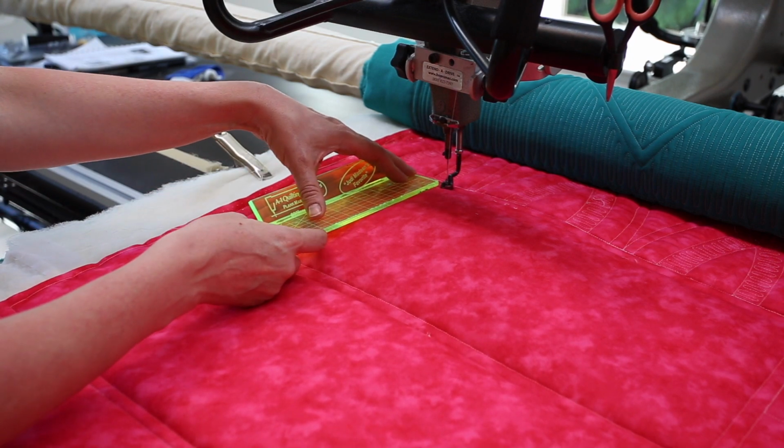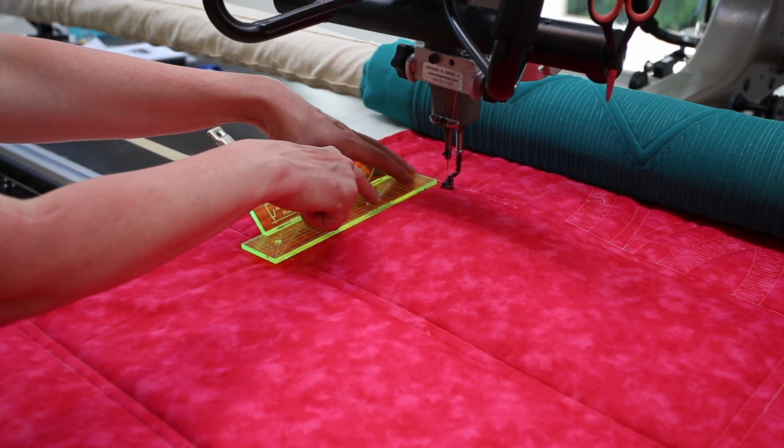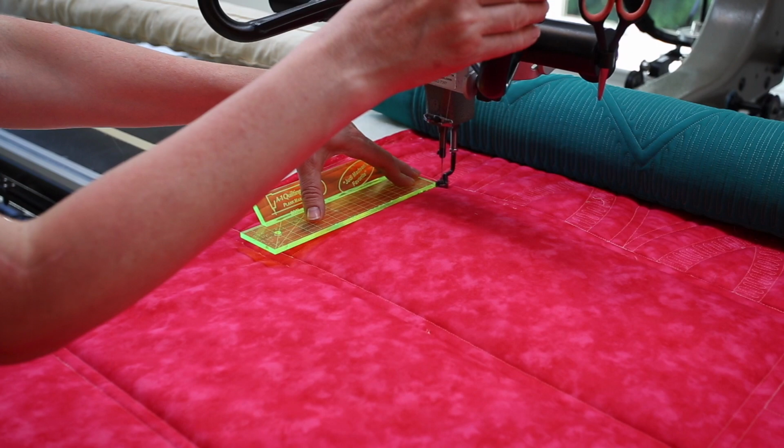So again, I'm going to line up my ruler on the last row that was stitched, and I'm going to come down